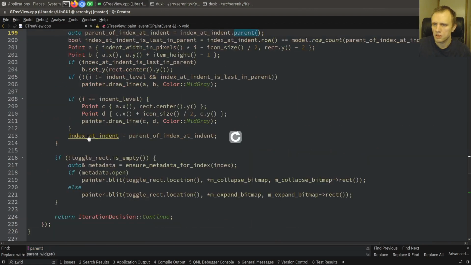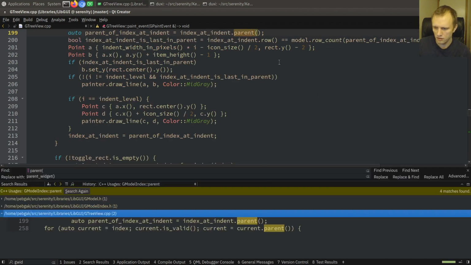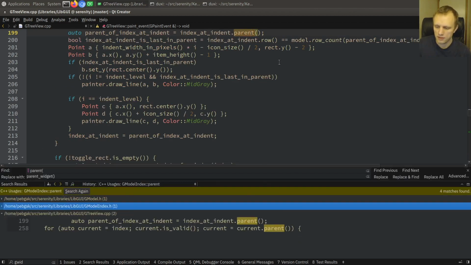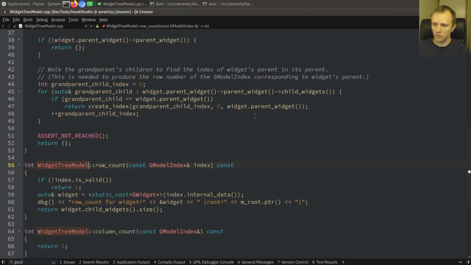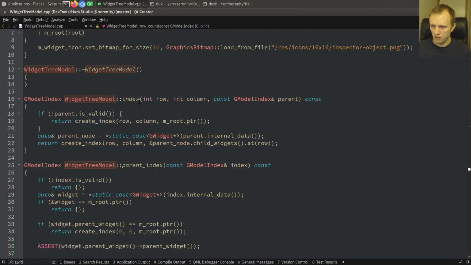It's done by the paint event. Only the paint event calls parent. The paint event is the only thing that ever calls that. So we're not doing a paint related thing, so this shouldn't be about that. So is it index that we are screwing up? If the parent is not valid,